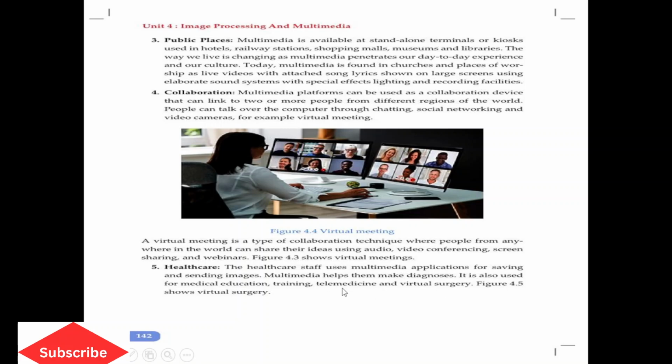When you say telemedicine, the doctor, the caregiver and the patient, without being at a specific place, clinic or hospital, can exchange information, and the patient can get treatment at his own place, but he must have a medical device. For telemedicine and virtual surgery, we have to know how to use the technology properly.